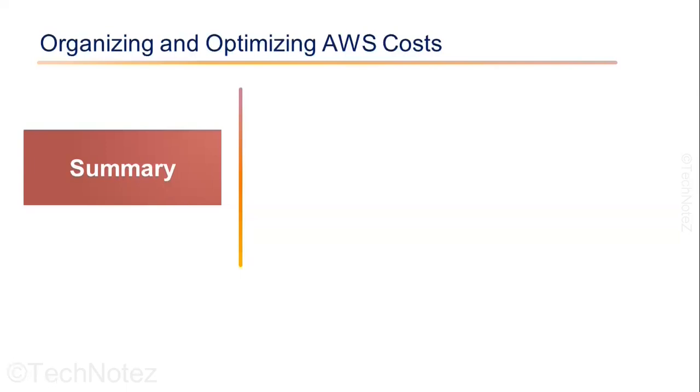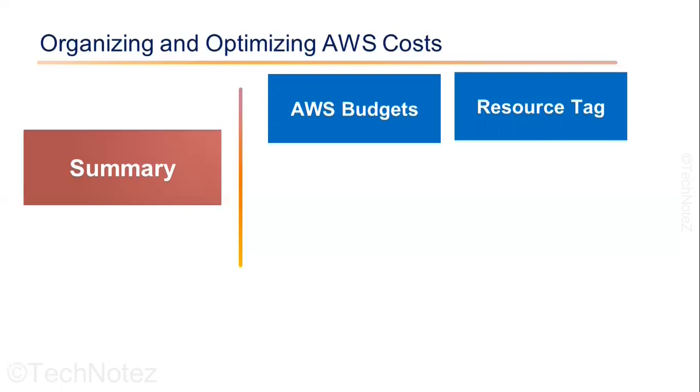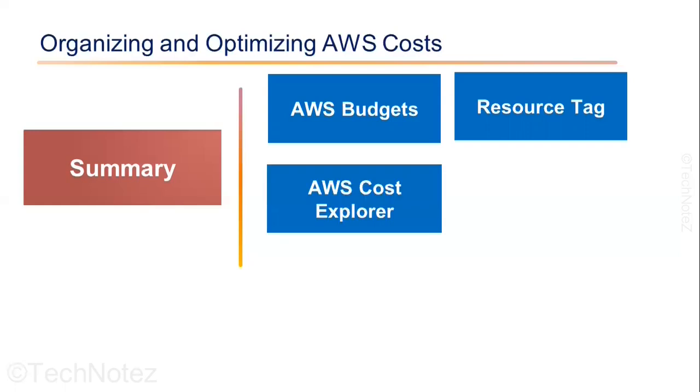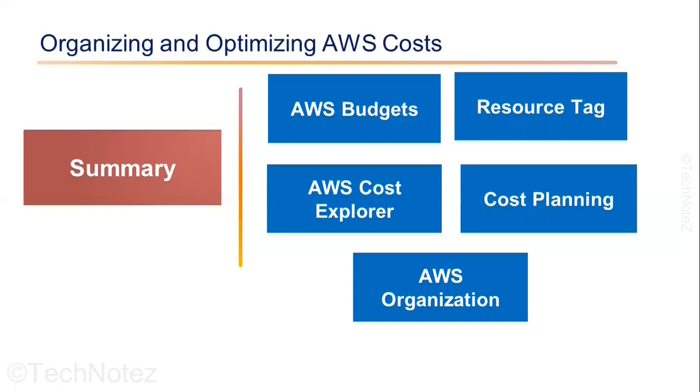So we talked about tools provided by AWS to organize and optimize the cost in an AWS environment. Let's quickly summarize the function of each tool. AWS Budgets allows you to set a budget that prevents you from spending an unlimited amount of money on AWS resources. Resource tags allow you to tag the resources, filter the resources for cost optimization, and group the different resources. Cost Explorer helps you to see how much you are spending on each service in AWS. Cost planning helps you to see how much it would cost to run certain AWS services. AWS Organizations allows you to have centralized security logging and cost management. So these are the different tools provided by AWS for cost optimization. We should be aware of the uses and functions of these tools.